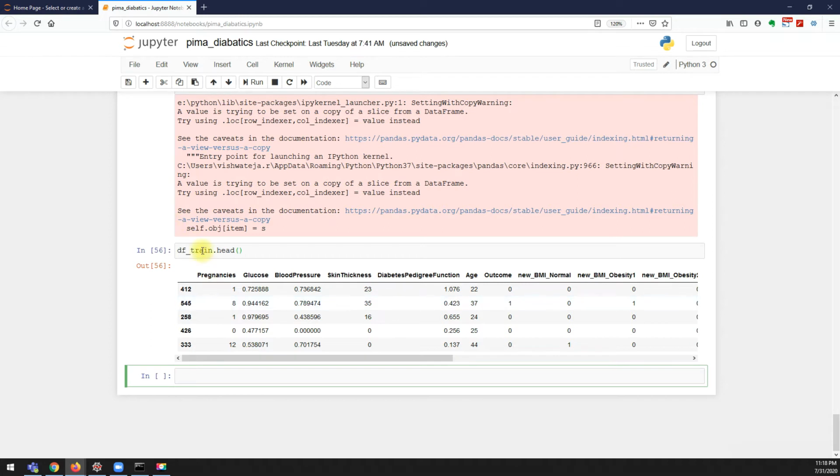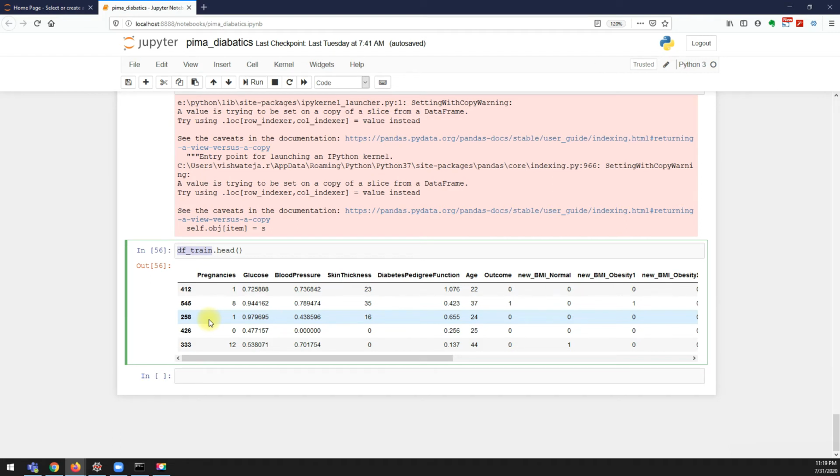The scaling which we have done is on the train data set. Why not on the test, and why not on the whole data set? Because test data is nothing but unseen data, or new data, or the data that comes once our model is deployed. I never know it, but we create the test data in such a way that my model has never seen that data before. So how can I perform scaling on unseen data that technically doesn't exist? So what we are doing is calculating the min max values for the selected columns